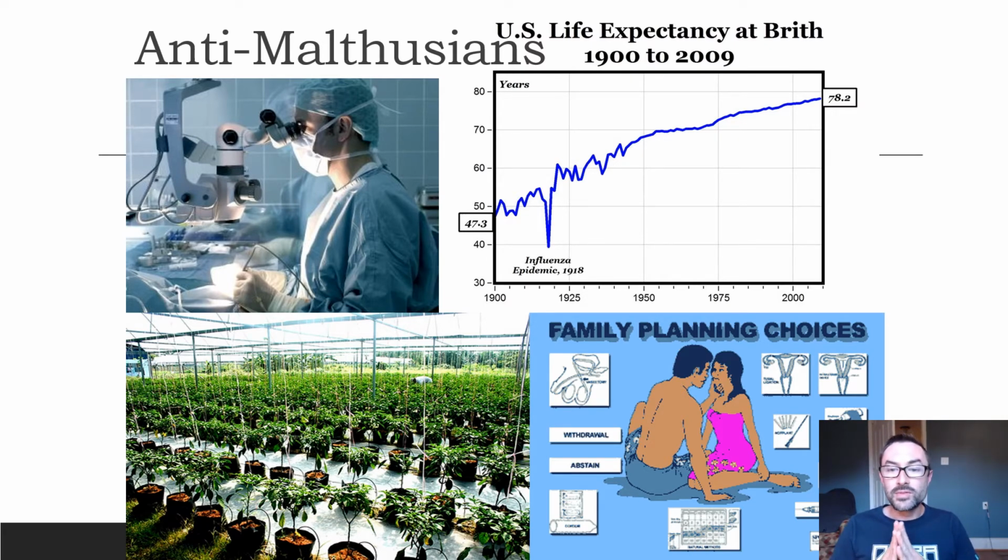The Anti-Malthusians argue that Malthus could not have known of medical advances, the increase in life expectancy, family planning initiatives, all those technological advances in food production. They argue instead that the population will drop because of a decreasing fertility rate and because of technological and agricultural advancements. This is called a demographic freefall,